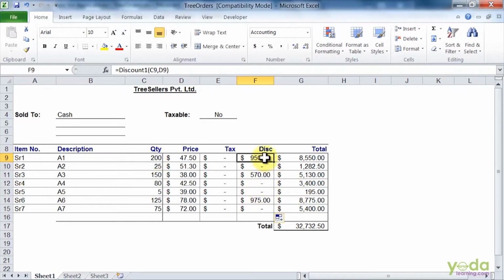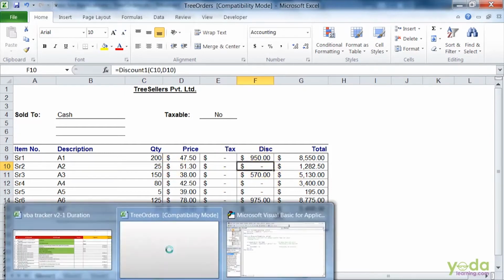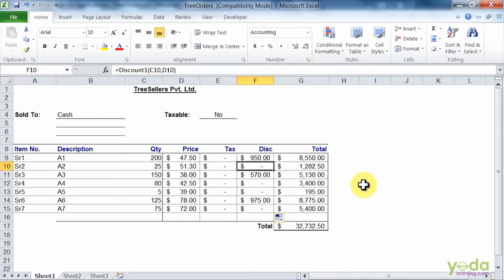So I'm getting the values here. Since the quantity for the item number SR2 is less than 100, it is not giving me the discount here. So this is how you can use conditions with the functions. I hope I have convinced you with that.